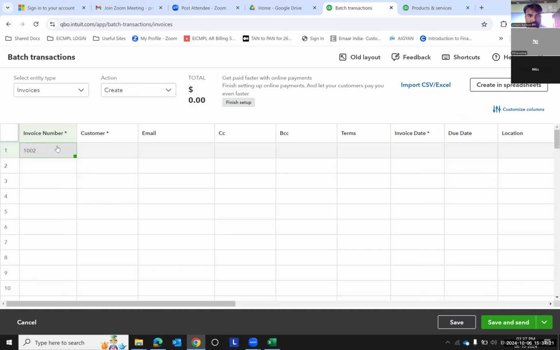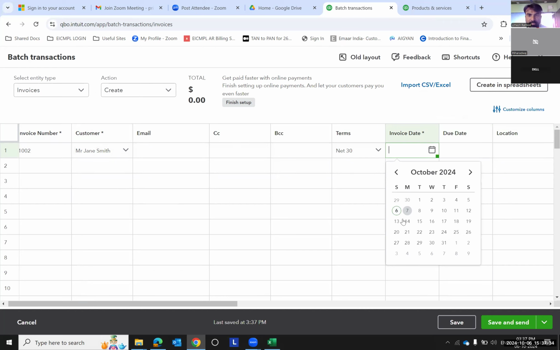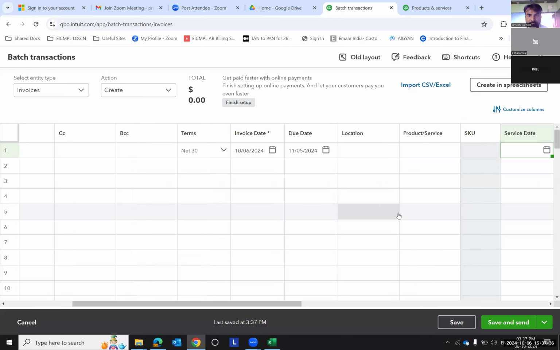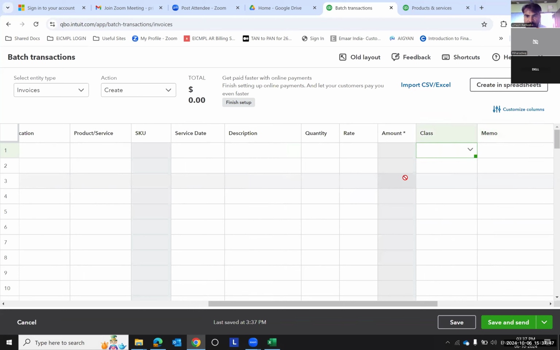Here you can just assign the invoice number. Here you can select customers. Okay, then two things are compulsory. Wherever you see the star, you have to mention that. So you can use today's date. The product and services,